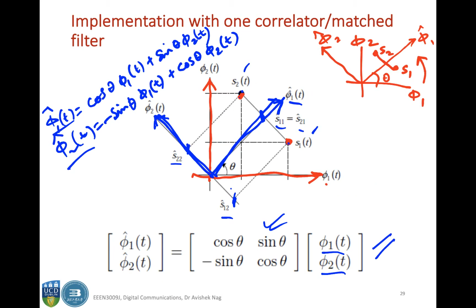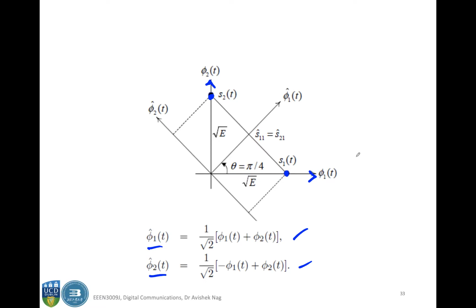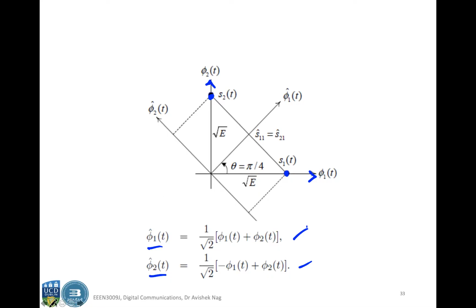So if you put theta equal to pi by 4, you can get these expressions here, and then you can see that you have the new set of axes,